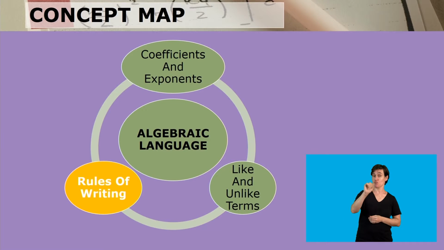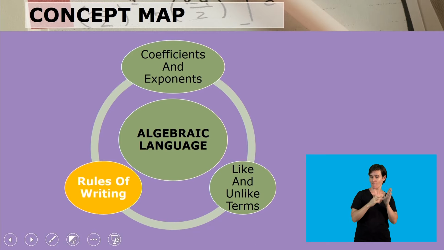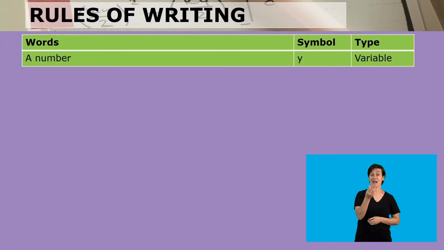Let's look at the concept map again. We are dealing with algebraic language. We are going to start with rules of writing. A few things that we need to know. The first part is when we say a number in any expression, it represents